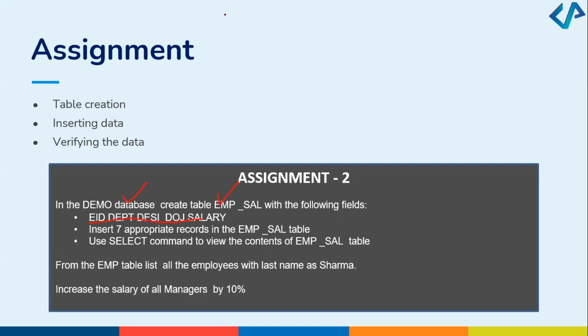Now, what is the next thing you want to do? You want to select. You want to see all the records that you have entered in this table. Can anybody tell me what is the query? What will be the select query to read all the records we have added? Excellent, Rohit. Select star from EMP cell. Shubha, very good. Rohit, Dinesh, Raj, very good.